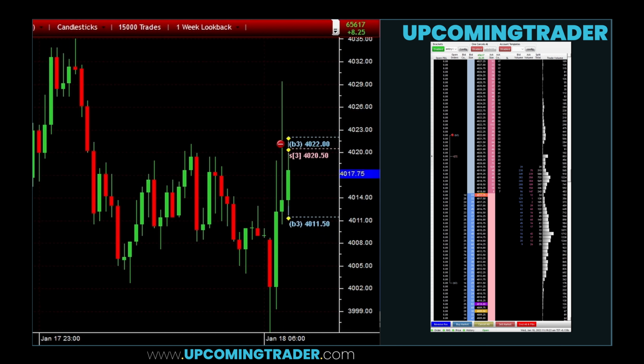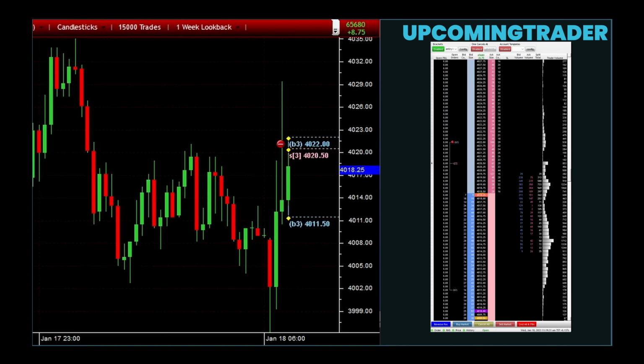To start, let us talk about what the volume profile really is. The volume profile is a powerful tool that helps show where the most trading took place at specific price levels during the day. If you are an intraday trader, this is especially important because it helps you see those key support and resistance levels. Think of it like being able to peek behind the curtain to see where most of